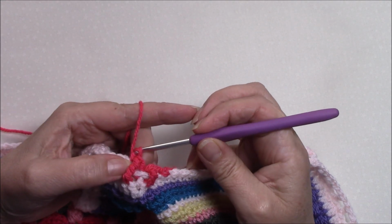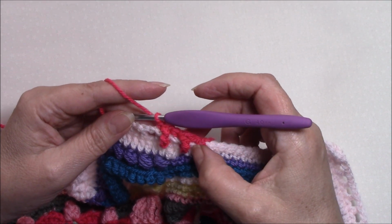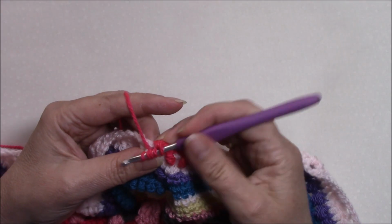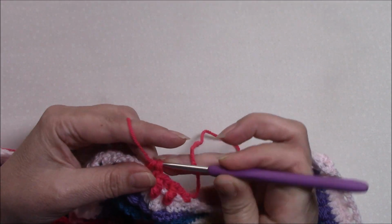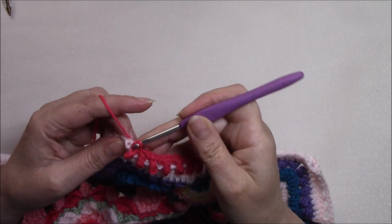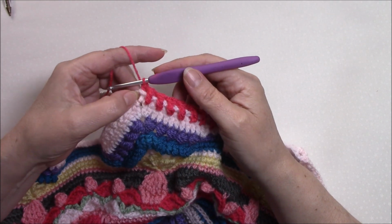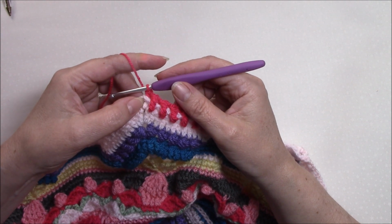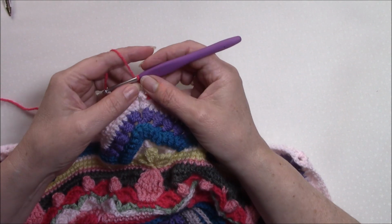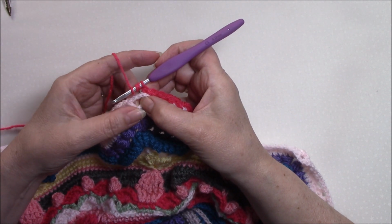Okay, we are going to do that 7 times. So there's 1, 2, this is number 3. Okay, so that's 7 times. Then we're going to back post single around that last double crochet before the chain 2 space. Okay, now working in front of the chain 2, we're going to make a double treble into the chain 2 point space from round